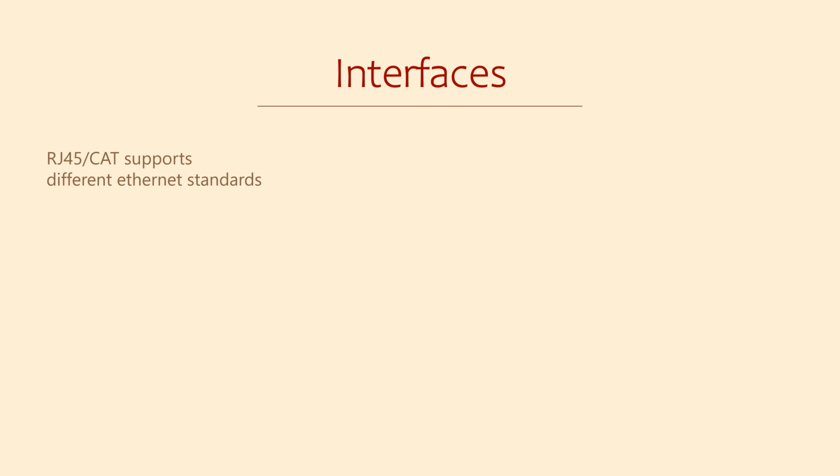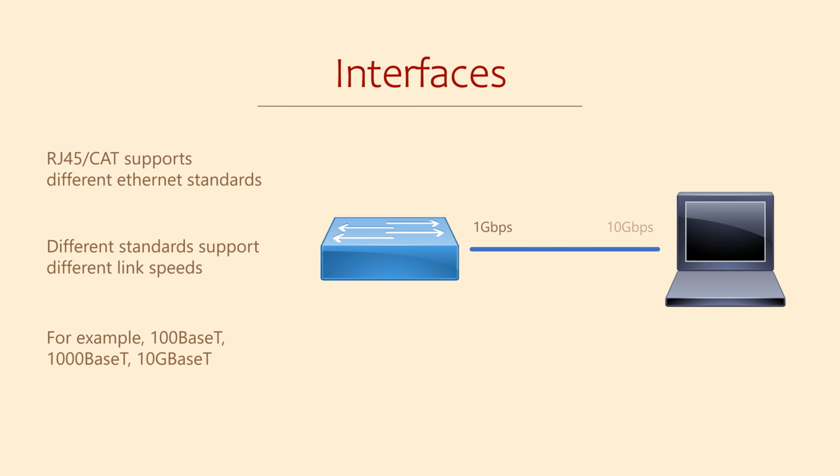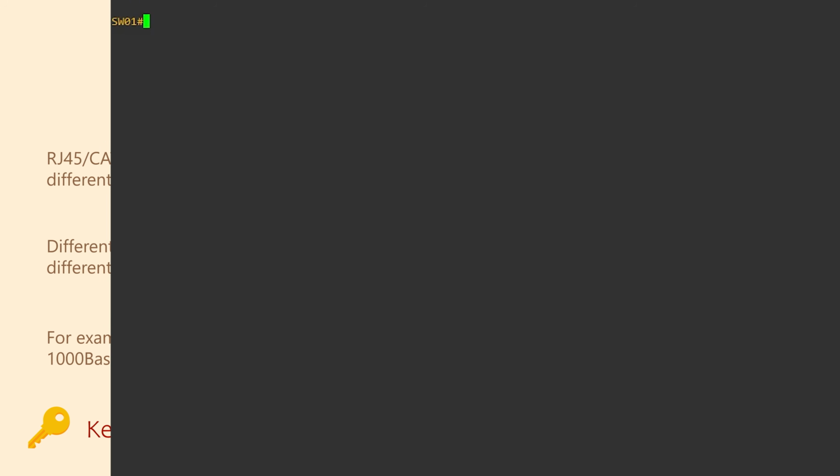One physical difference worth noting is that the RJ45 CAT type of cabling supports different interface speeds, for example, 100 meg, 1 gig, 10 gig, and others. When two devices are connected, they will negotiate the best speed that they can both run at. This means that one device may need to slow down to support the other device. This is a feature called auto negotiation, and it's on by default. It's particularly useful on a switch where a variety of different devices connect. We can override this and set the speed manually if we want to.